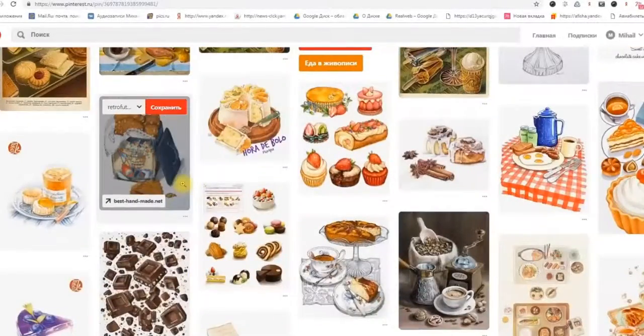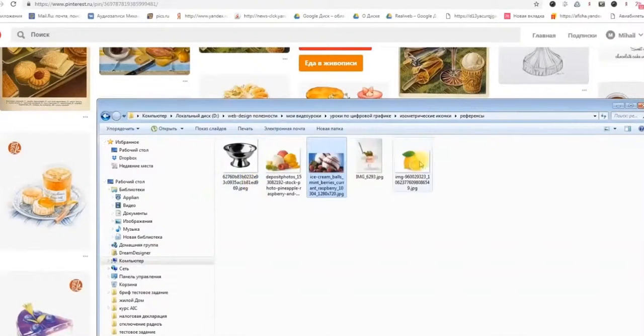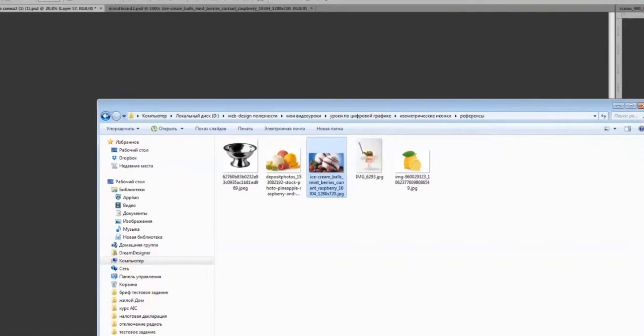You can see cakes, berries and whatever you want. Okay, we found all references,